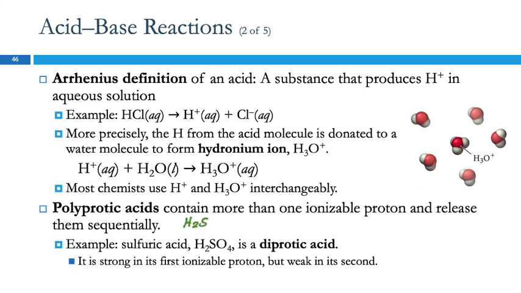So H2SO4 can lose a hydrogen ion and form hydrogen sulfate ion. So that's one proton. And the hydrogen sulfate ion,